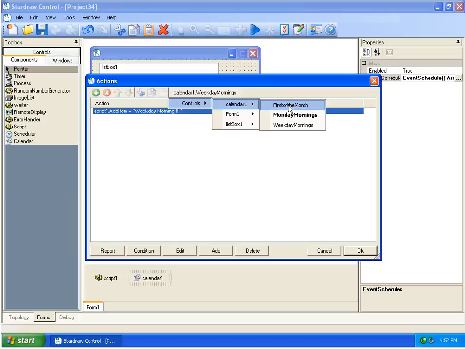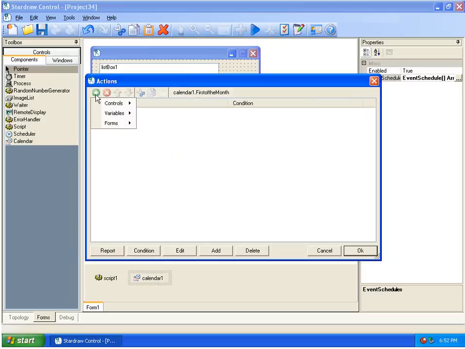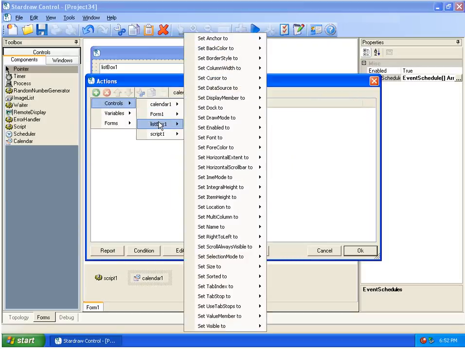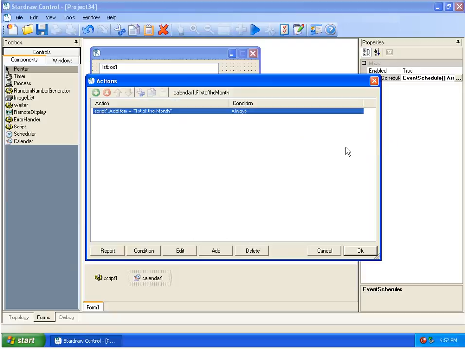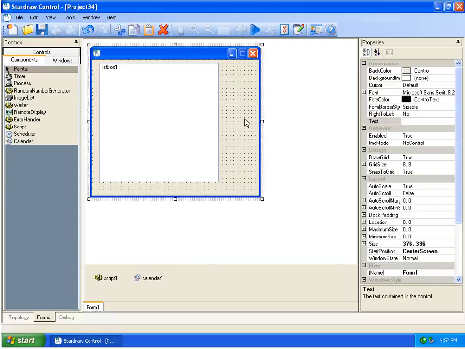And then finally on the first of the month we will go and catch that event and add to the list box by calling the script add item variables first of the month. Now again, you can perform any set of actions you want here. I'm just happen to just be listing a list box. So we'll say all OK to that,